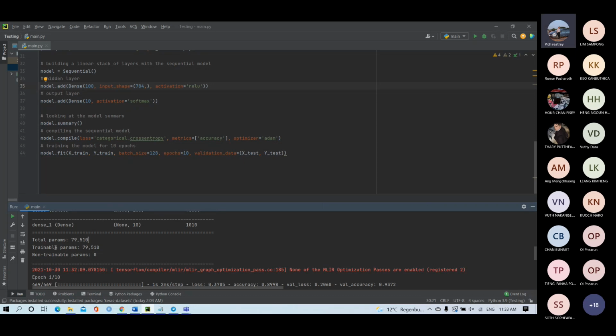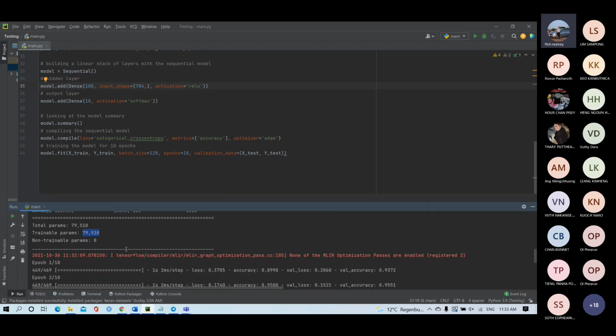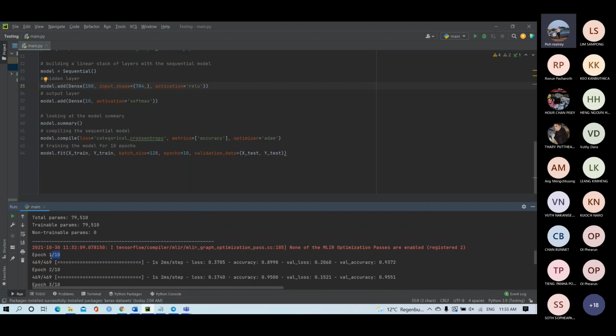And then the trainable parameters mean all the parameters, or you can say all the weights that are initialized and then updated. So this is the total number of weights that have been updated and trained. And to generate the model, there are no parameters that cannot be trained. The first run means that I run it for the first time, and to see the accuracy, I get only 93% correct predictions. Then I rerun it again by using an activation function.